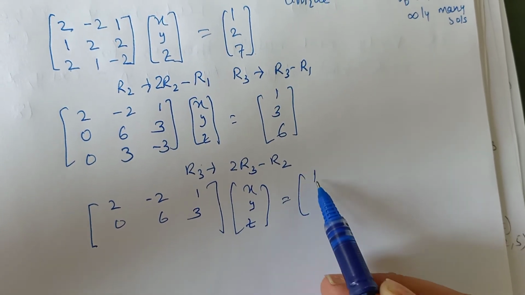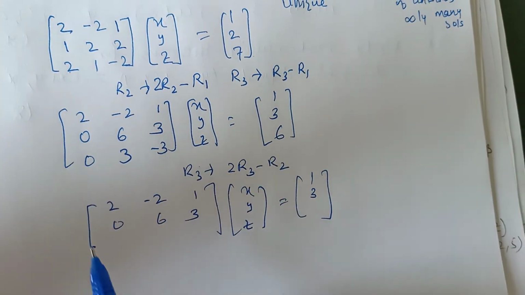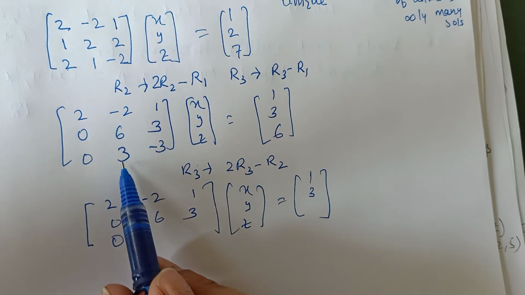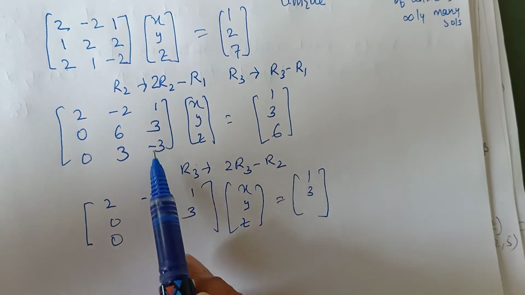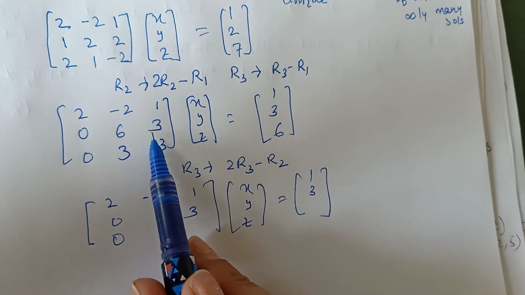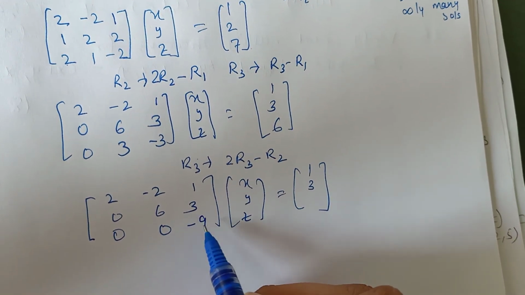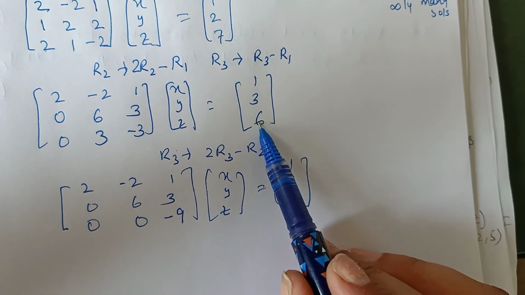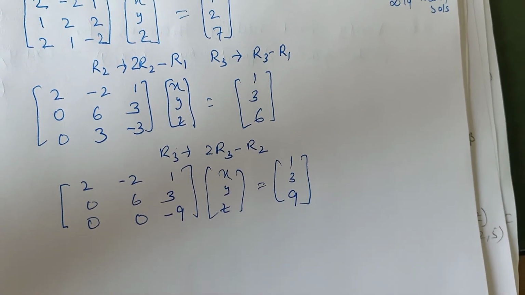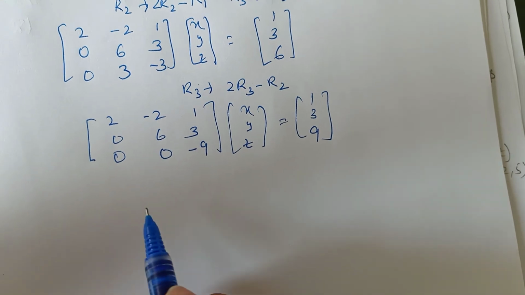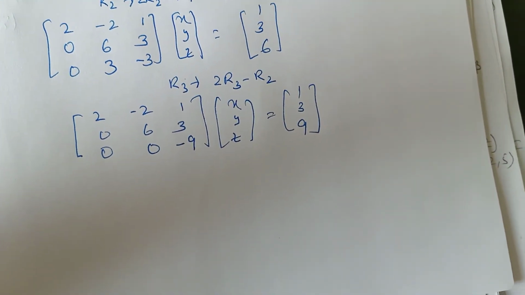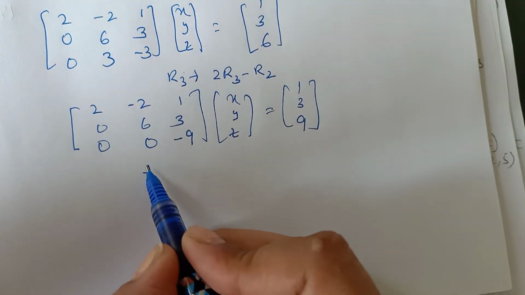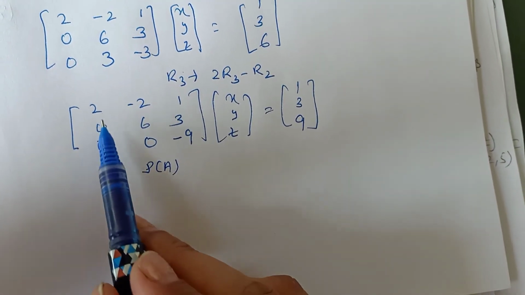On this side also the first and second rows will remain the same. So 0 minus 0, 0, so this is twice R3, so 6 minus 6, 0, so minus 6 minus 3, minus 9, and it is 6, 12, twice 12 minus 3, so this is 9. So now we'll convert the system back to equations. Sorry, before proceeding with that, we'll just check the rank of A. So how many non-zero rows are there in this?